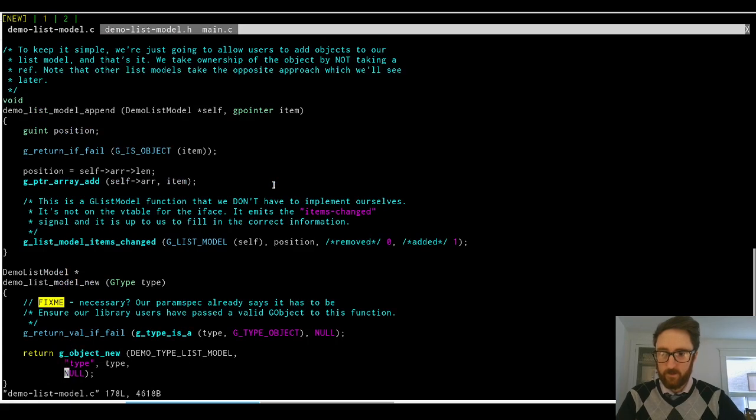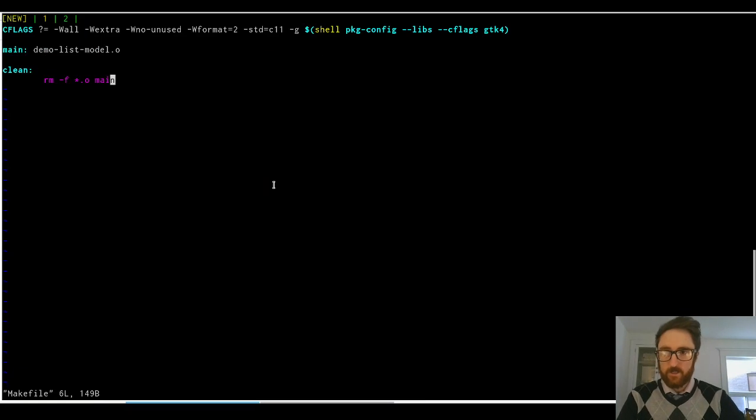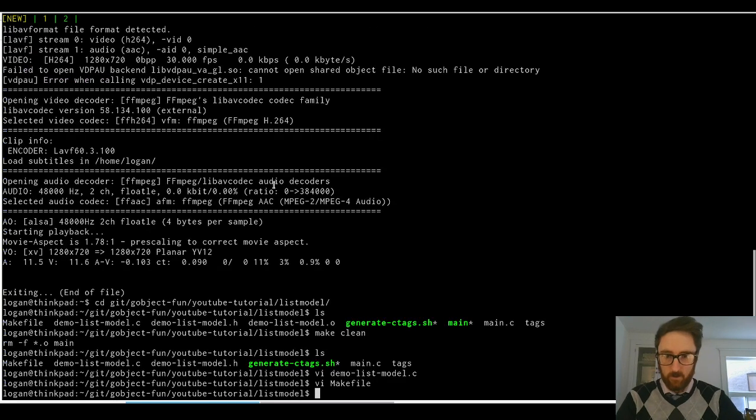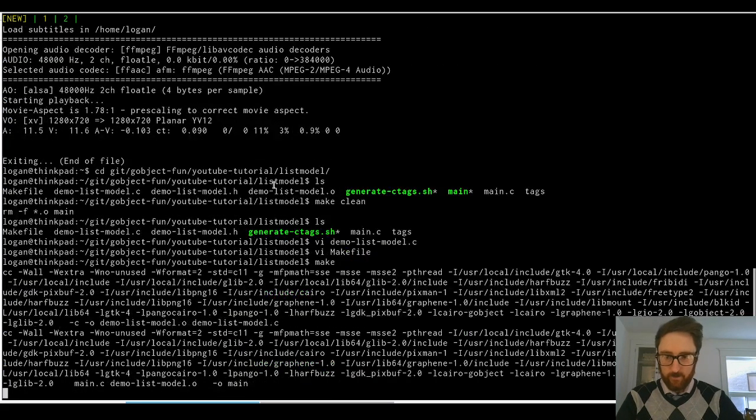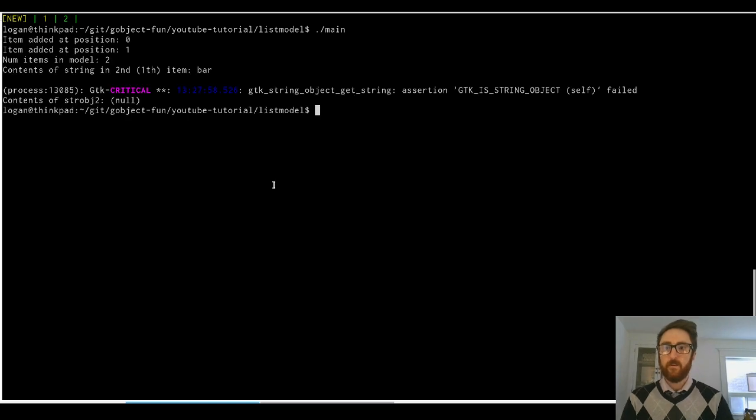All this stuff is being modified here. We've got a really pretty straightforward makefile here. I just included the GTK library, so we get everything all rolled into one. So just run make. It's going to build our main executable. Let's clear the screen just to make things a little easier to see. We do ./main, and you'll see,